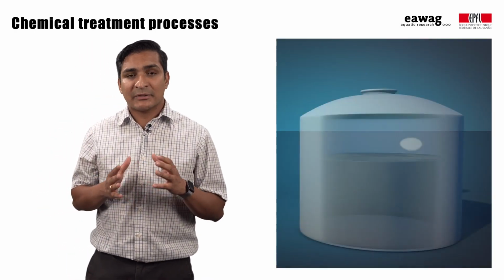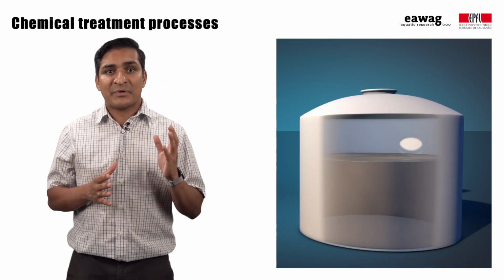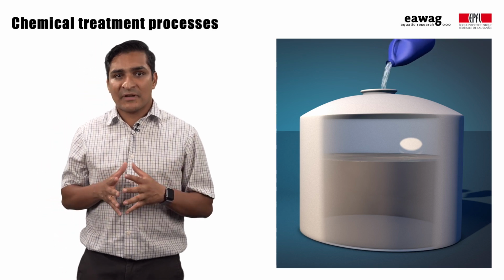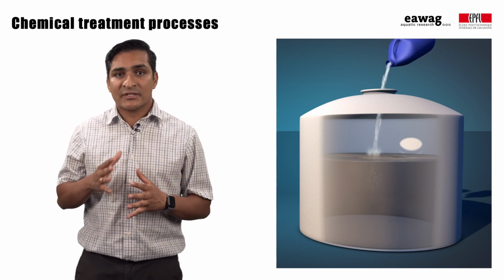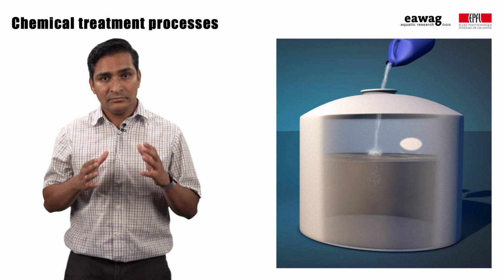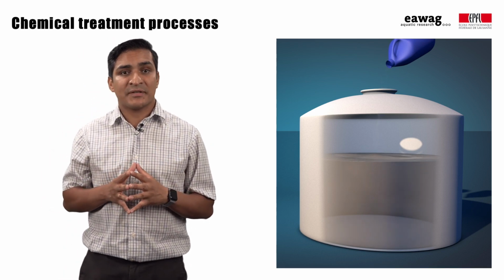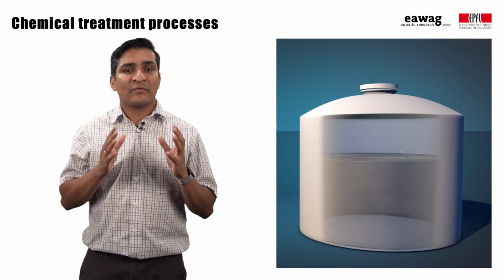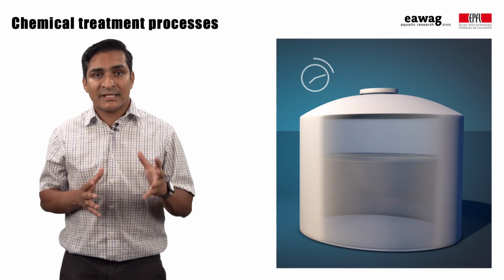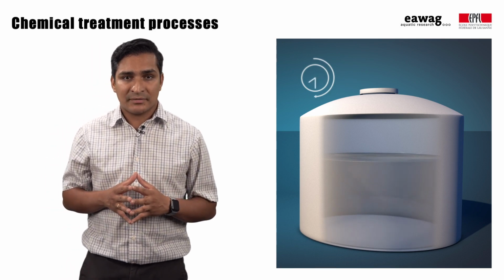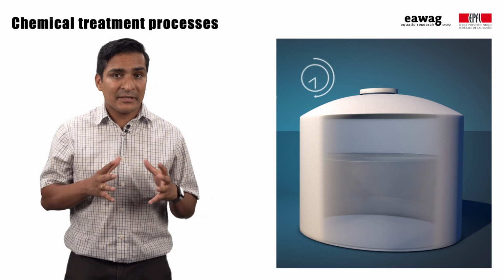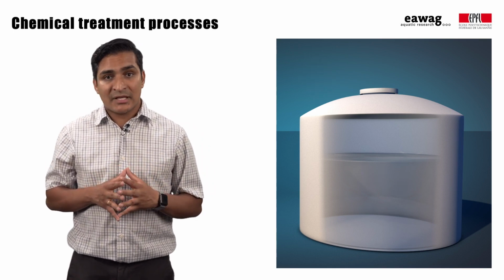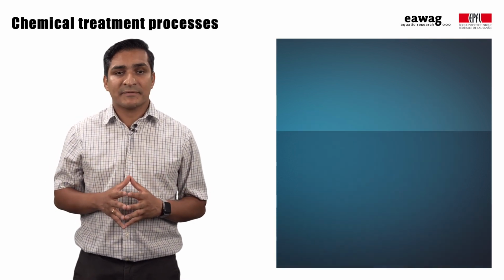Chemical treatment includes coagulation, flocculation, and precipitation, adsorption, ion exchange, and chemical disinfection with germicidal agents such as chlorine shown here. The advantages of these chemical treatment methods are that they are relatively low cost, and in the case of chlorine, provides residual disinfection to protect against recontamination. However, chemical methods may not be accepted by some users, and establishing supply chains can be challenging in some areas.